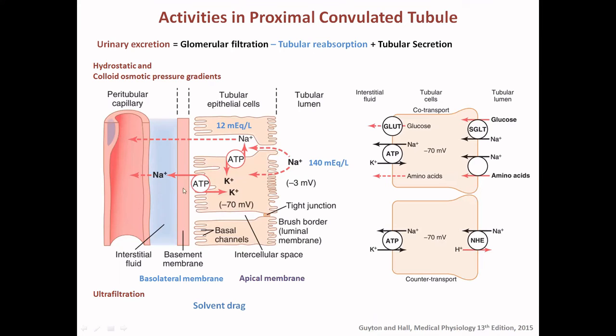Or it can, and the proton is secreted by the sodium-proton exchanger into the tubular lumen. So the urine is slightly acidic. There are also substances that are transported along with the solvent, because there is a huge flow of water from the tubular lumen into the peritubular capillaries. Along with the water, there is movement of some solutes, and this is called solvent drag.